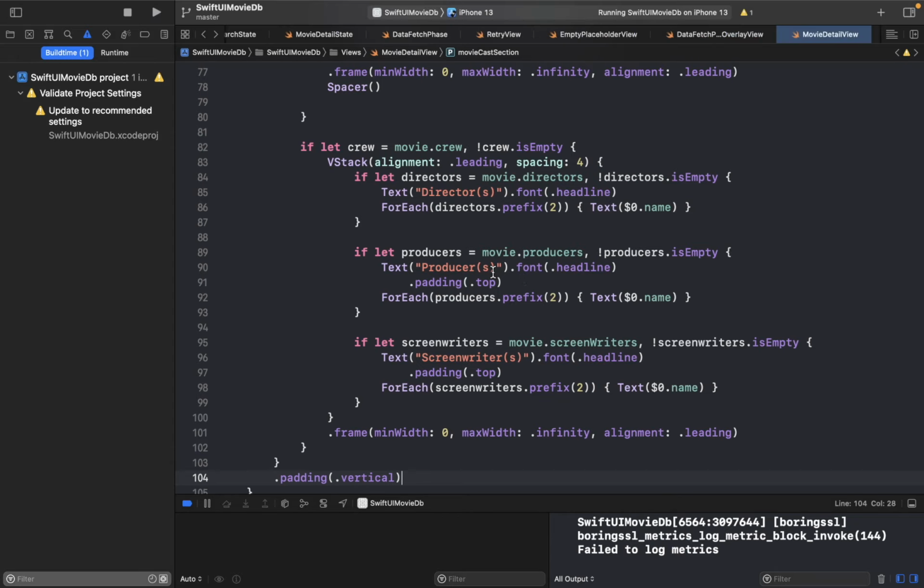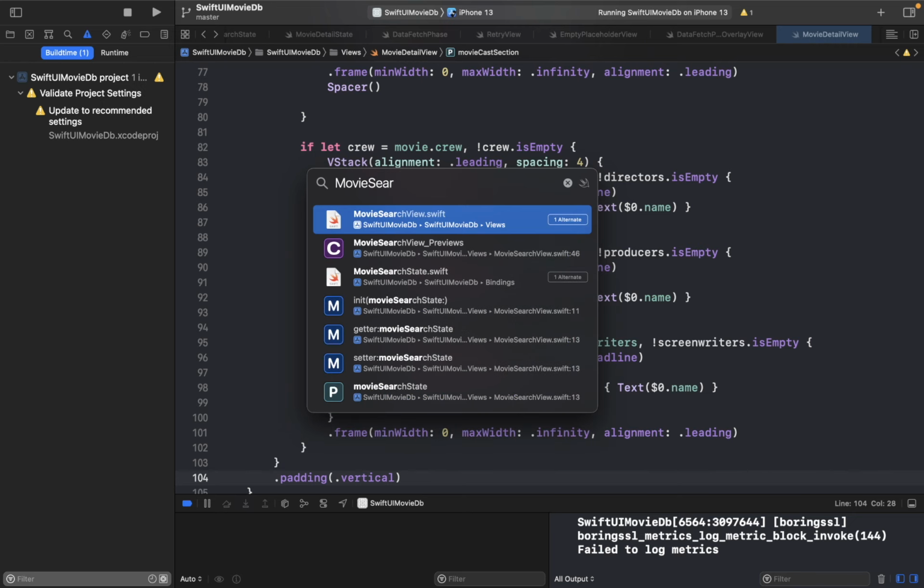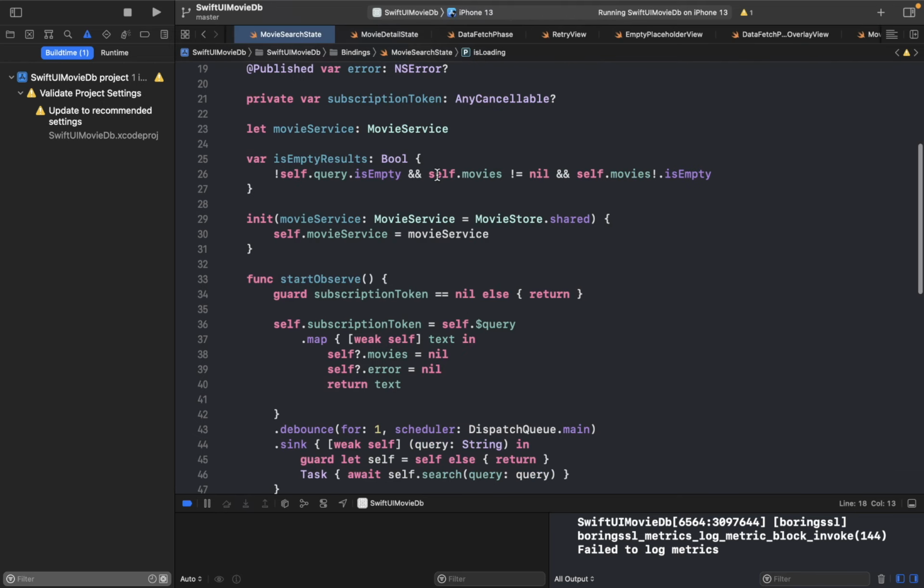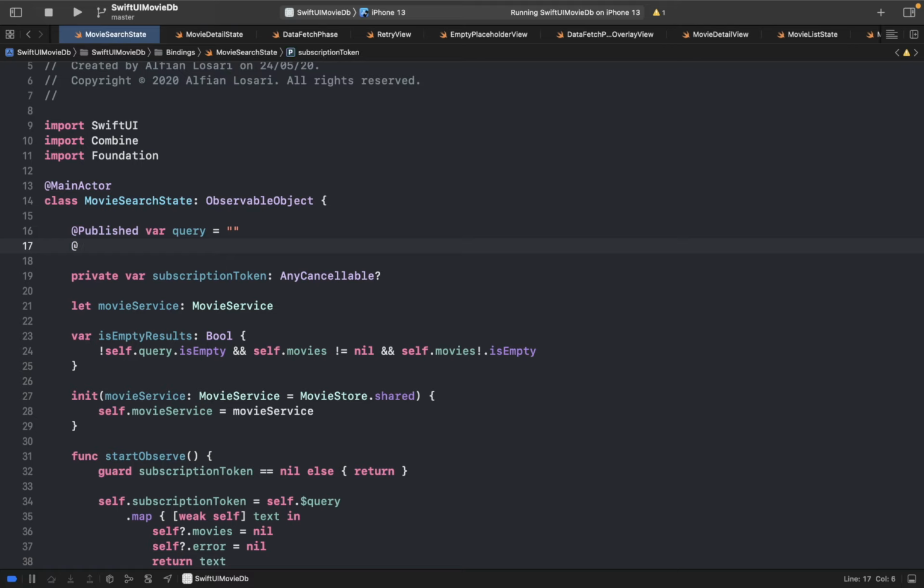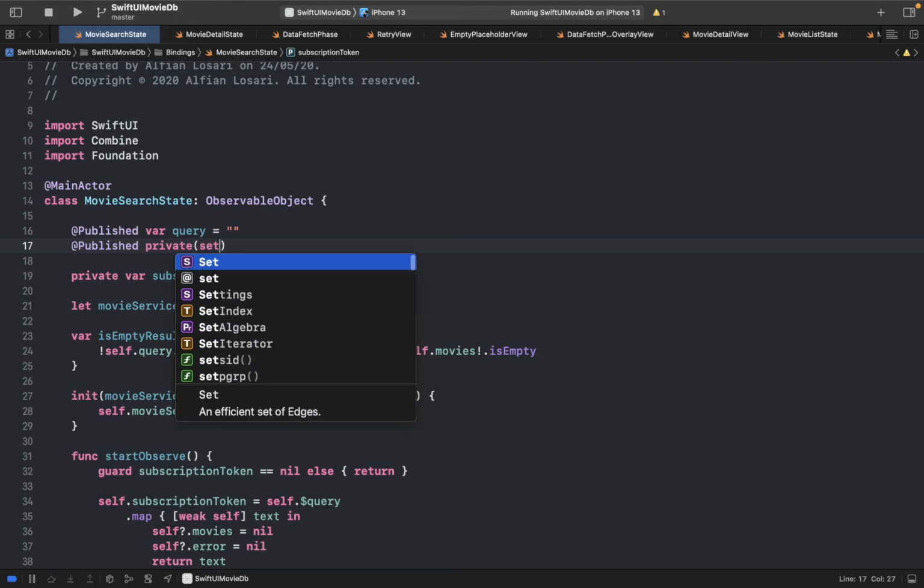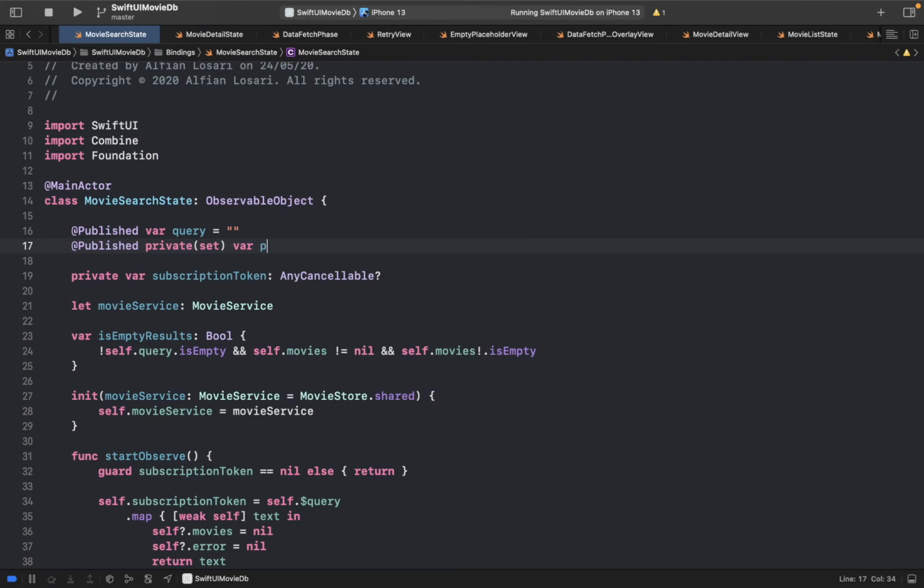by beginning from the movie search state observable object. Let's also refactor this published properties to use the data fetch phase. Okay, so let's replace this with published private set var phase with the data fetch phase of array of movie, initial value of empty,